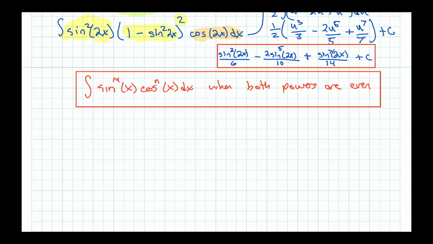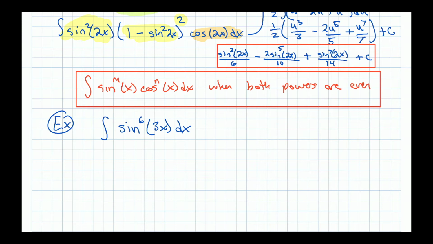Well, generally it's not going to be both of them. It's generally going to be just one or the other. So it's generally going to be like this. So I'm going to do a longer one just to show you kind of the scope of the annoyance on this, because they are annoying. Let's do sine to the 6th. I could put any number here. I'm going to go 3x dx. Okay, so